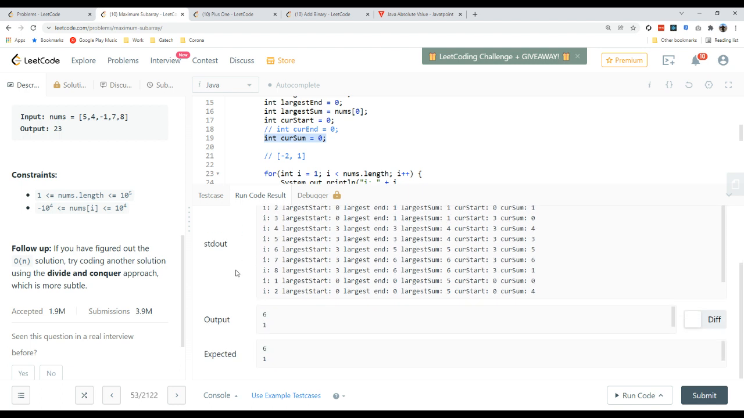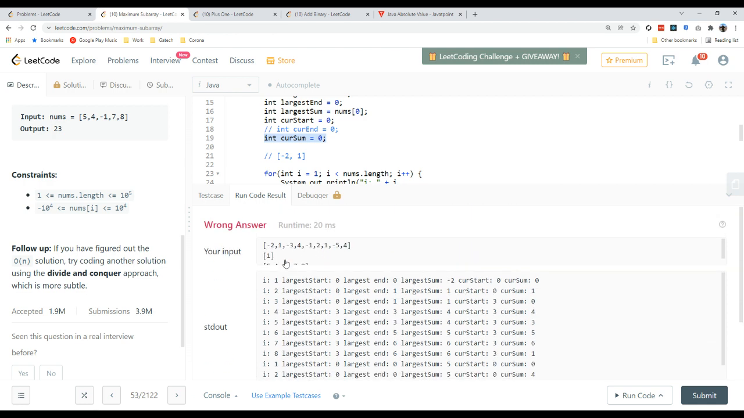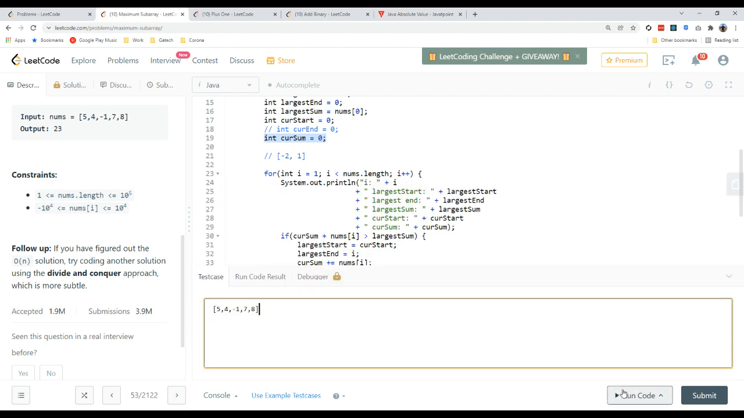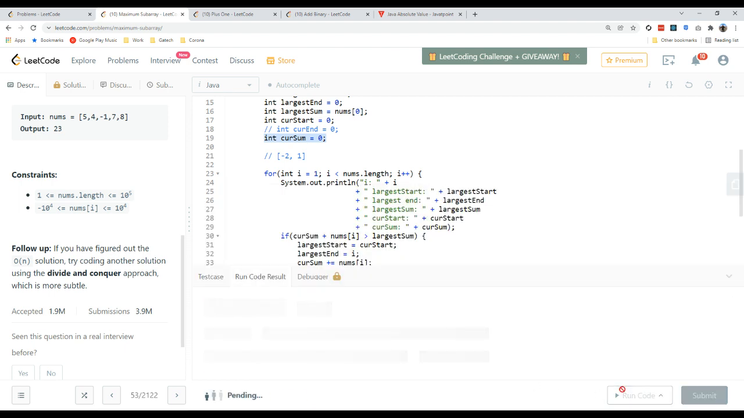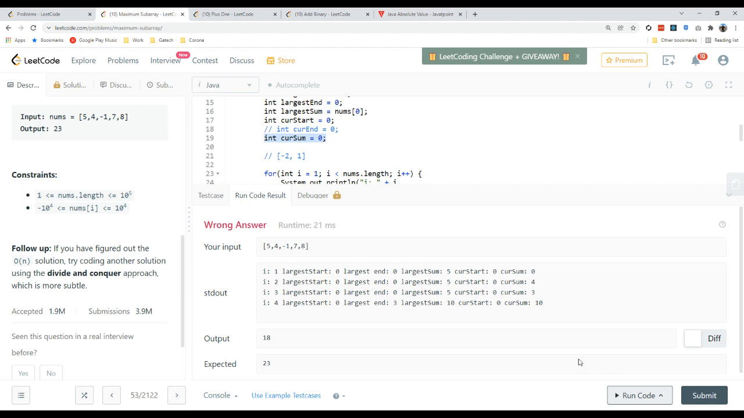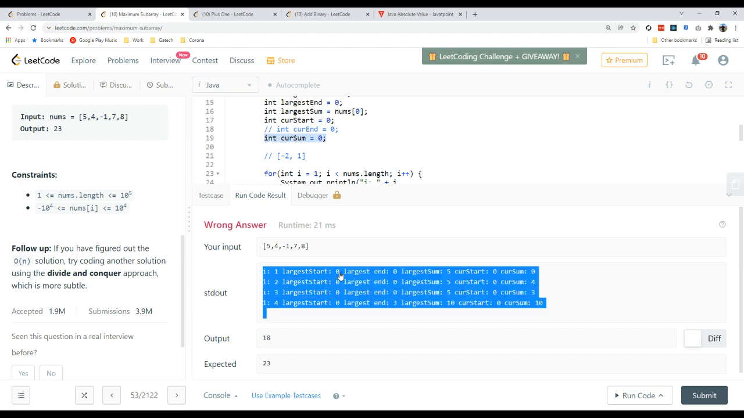Something was unhappy. So 6, 1, and 18, and then instead of 23 at the end, we got 18. So let's take a look at this edge case. Expected was 23, but we got 18. So int I